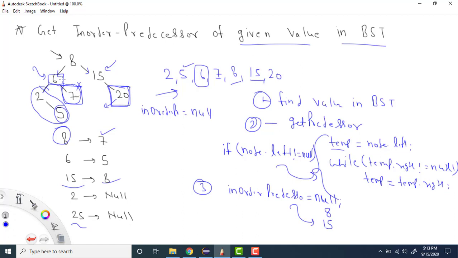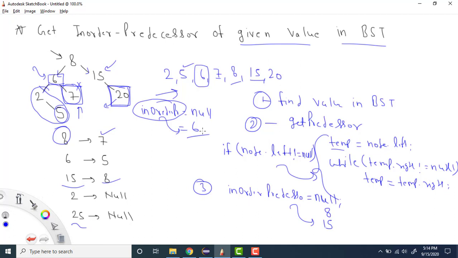So your 7 is greater than the node value 6. If it is greater than, what we said is that I will update the in order predecessor with the current node, so it will be 6, and then I will update my node equal to node of right, because this was greater, so it will go in this direction, and my node will be here. Now because my node value and the given value are the same, it means I am done. And now here I check that if my node of left is null, then whatever the in order predecessor is, that will be my answer. So 6 was the case, so 6 will be my answer, right?